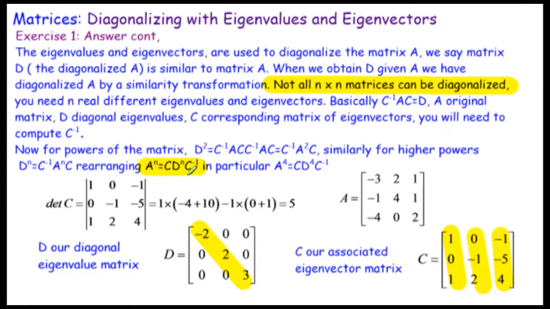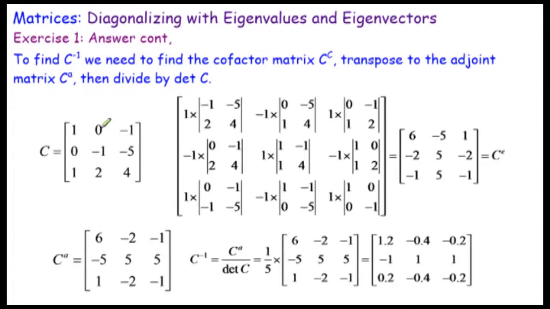Okay, so we're going to need to find C to the minus 1 to actually evaluate A to the power 4. Now, a couple of things. Obviously, to find the reciprocal, it needs to be non-singular. I just worked out the determinant here. It's 5, so it's non-singular. Now let's go through the process of finding the inverted matrix C,